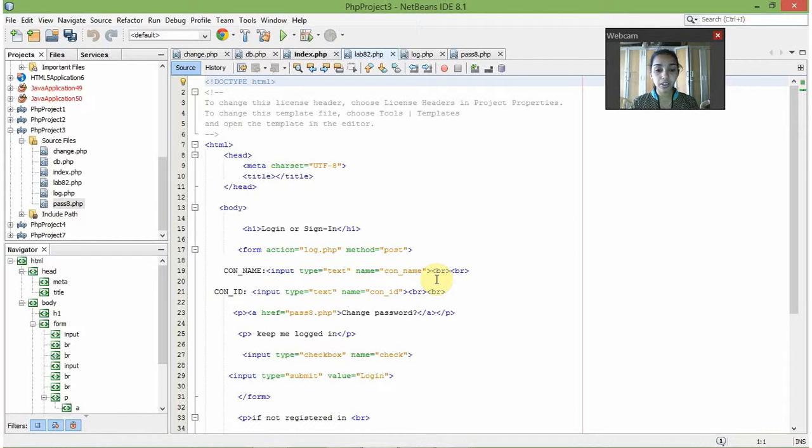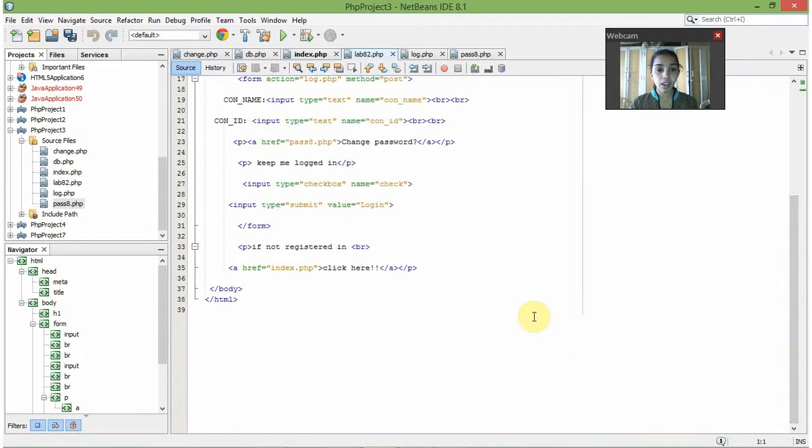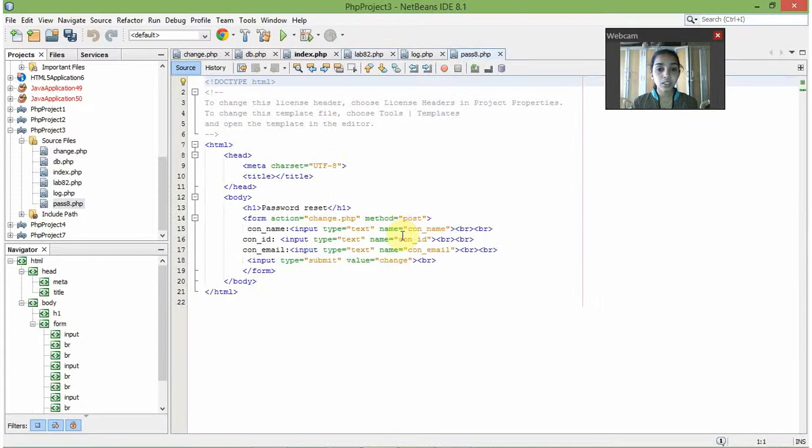And here we also can change the different attributes of the consumer page, and this keeps us logged in. And the next one is to change the different details of this consumer. And here we can reset the details. Consumer name, consumer ID, and consumer email can be reset using the